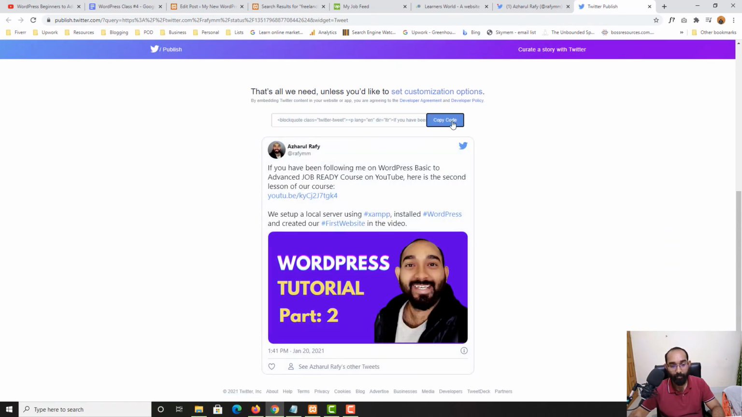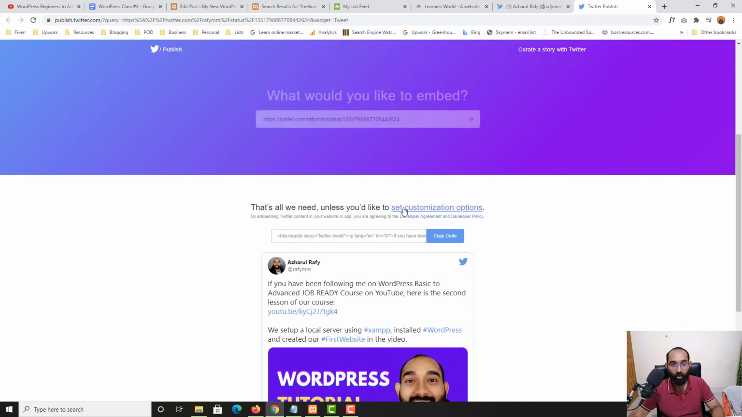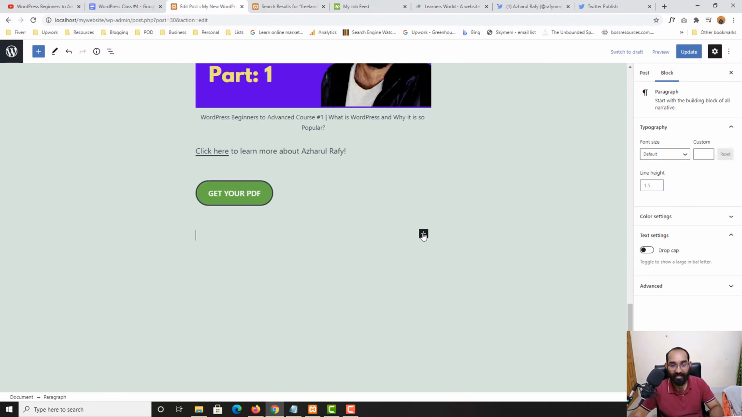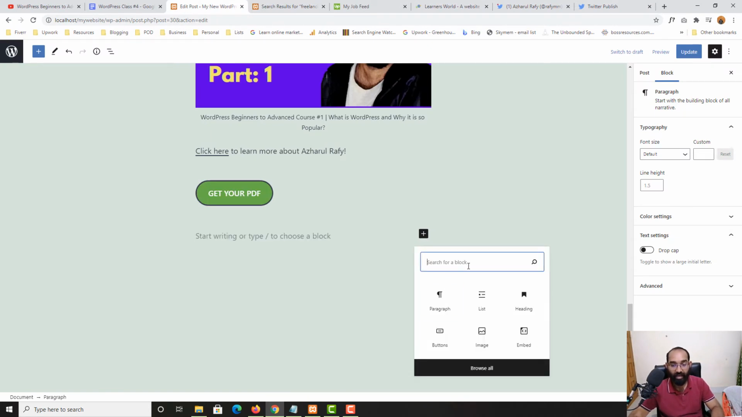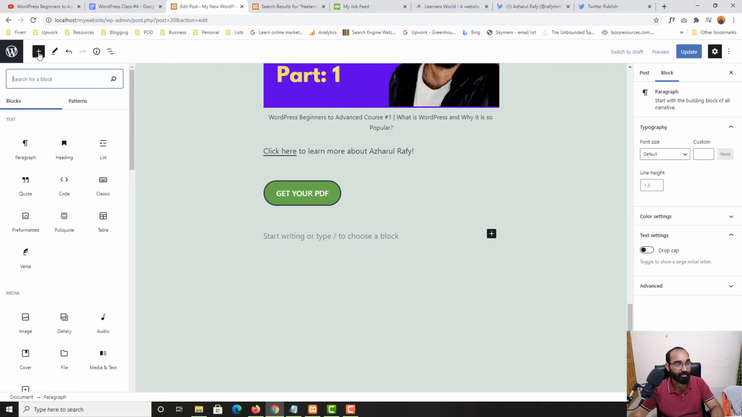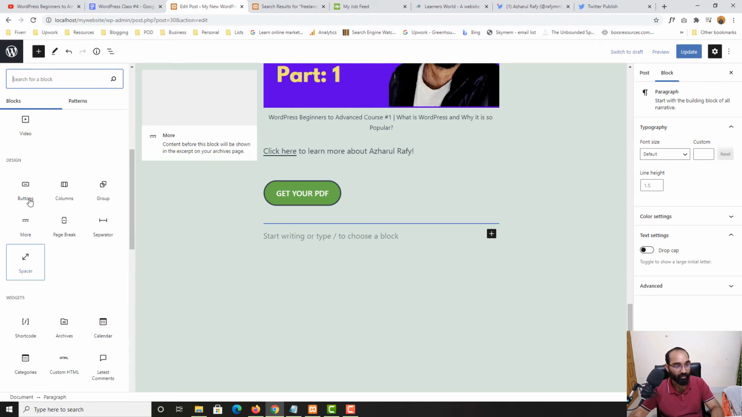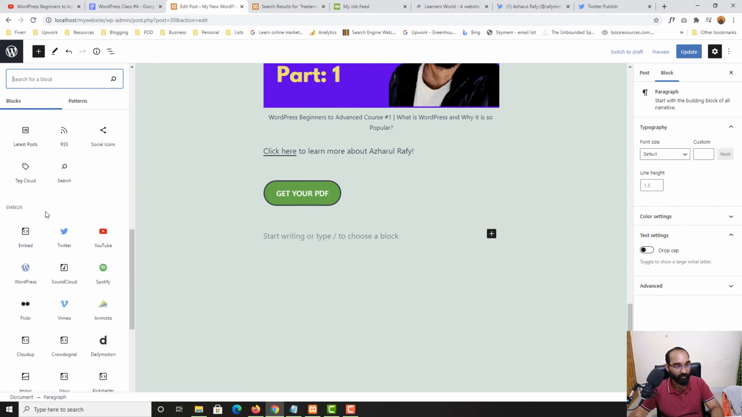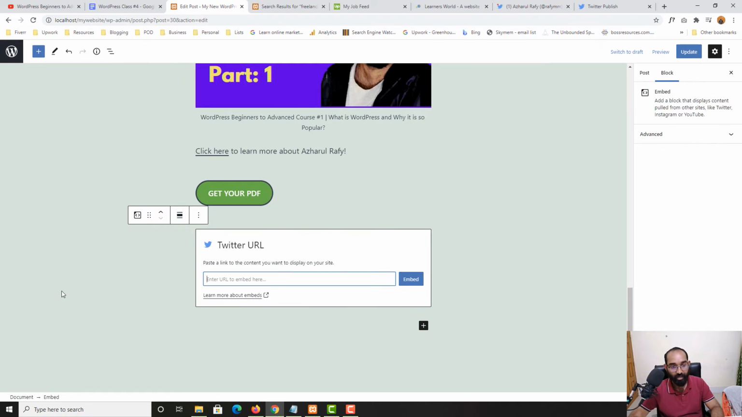You can simply copy this code, copied. It should work, so let me try. What would you like to embed? This one. If it is not going to work, we are going to use this code. Let me take you back here, click on this plus icon, and you are going to find all of these blocks and widgets available here. As you can see, widgets, and let's select this one. From embeds, I want to use Twitter, and then I'm going to paste the embed code here. Let's click on embed,